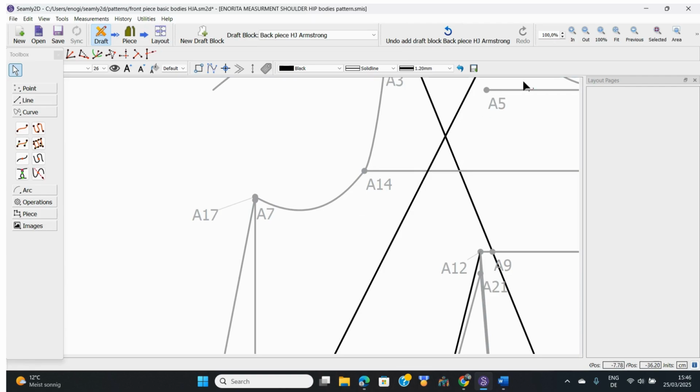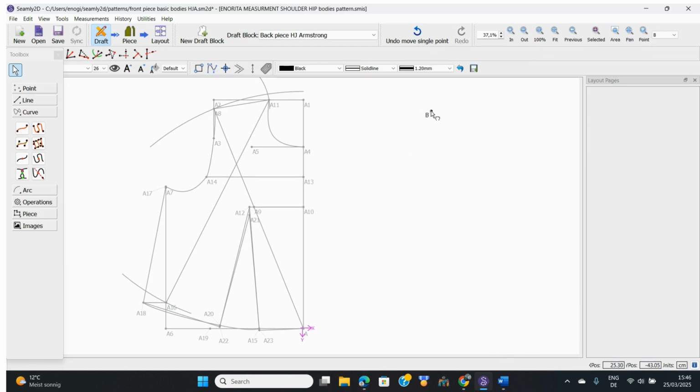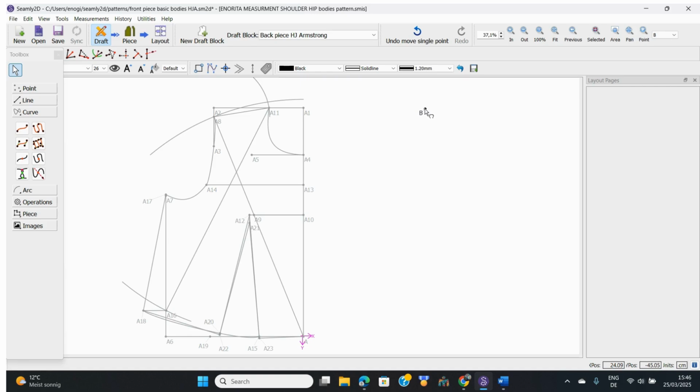And once you do that, zoom to fit, that is where our B is. That is where we are going to start. And we can shift it from here. Let's bring it up here. This is where our starting point will be. And we are still using my measurements. So now, the very first thing we need to do is to